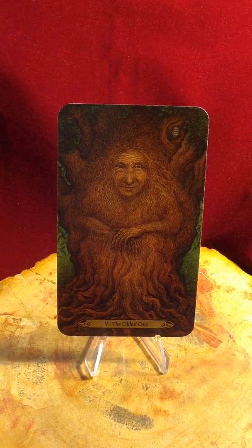This venerable yew tree has seen 3,000 summers and more. With age comes the ability to see the big picture with calm and contemplation and deep-rooted understanding. The oldest one welcomes you and bids you to stay a while. Ask for the story you most need to hear right now, and then add your own tale to the living library of lore. Oh, my gosh. I'm telling you, it's just...